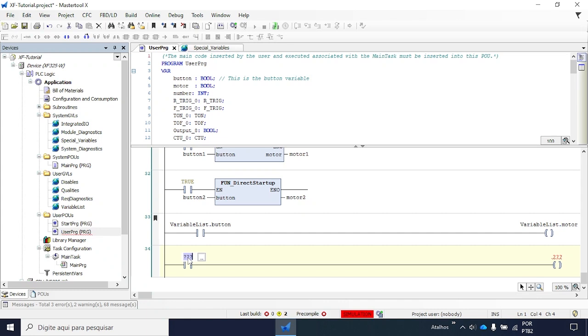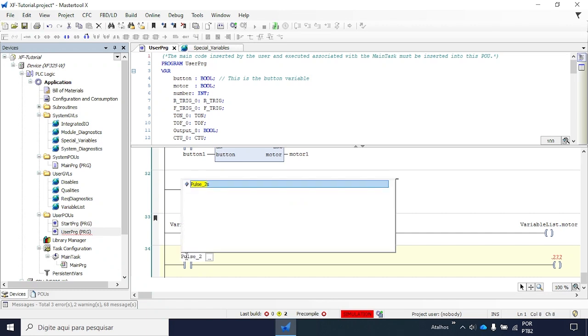So let's say I'll use the pulse underline 2-second variable, which is a square variable. What that means is that this variable will switch between an on and off state in 1 second. So in 1 second, it has a high logical state, and in the other second, it has a low logical state. And if you add up these two periods of time, it sums up to 2 seconds.